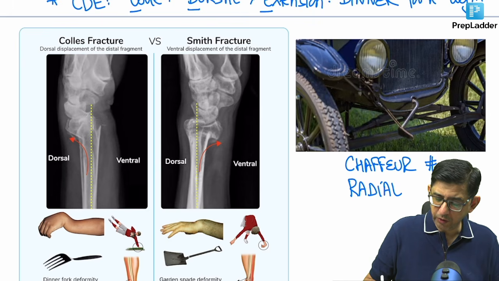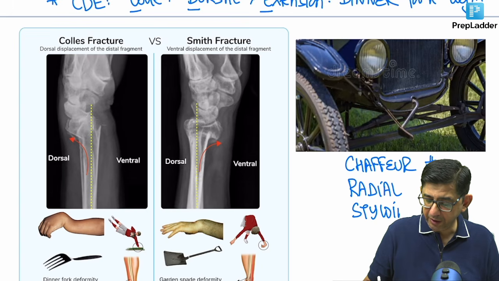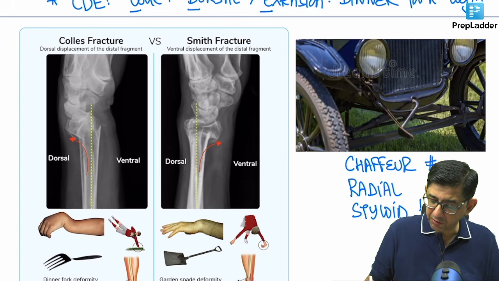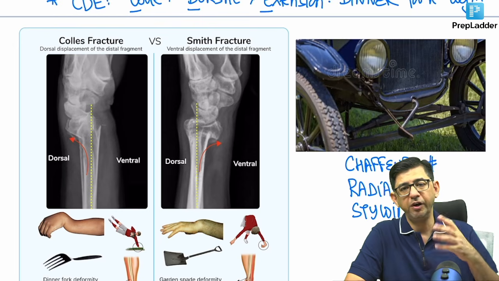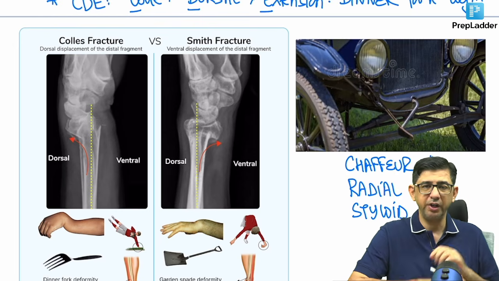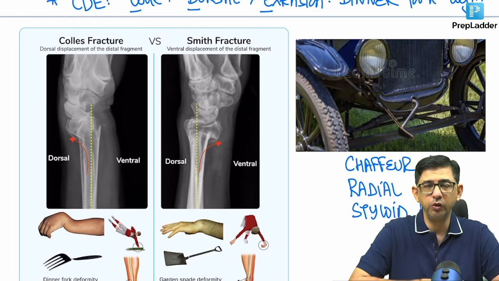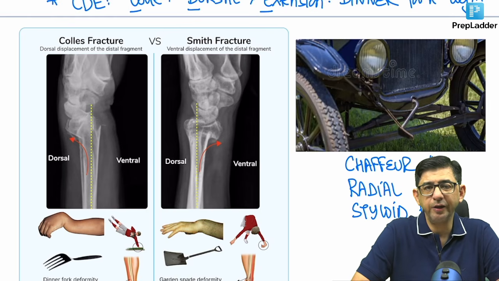It's very unlikely to get it unless somebody directly had an impact on the radial styloid process. Nowadays, if somebody comes with this kind of fracture, it would be an injury from a lathi. Like this guy went for a protest at Jantar Mantar and the police started beating people up. That's where the radial styloid process can get injured. That's Sheffier's fracture. But otherwise, it's a little less likely to be seen.